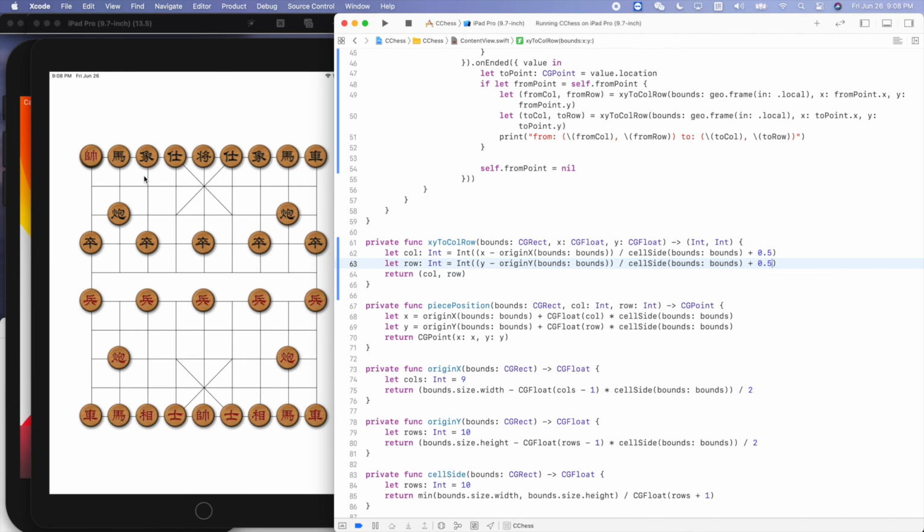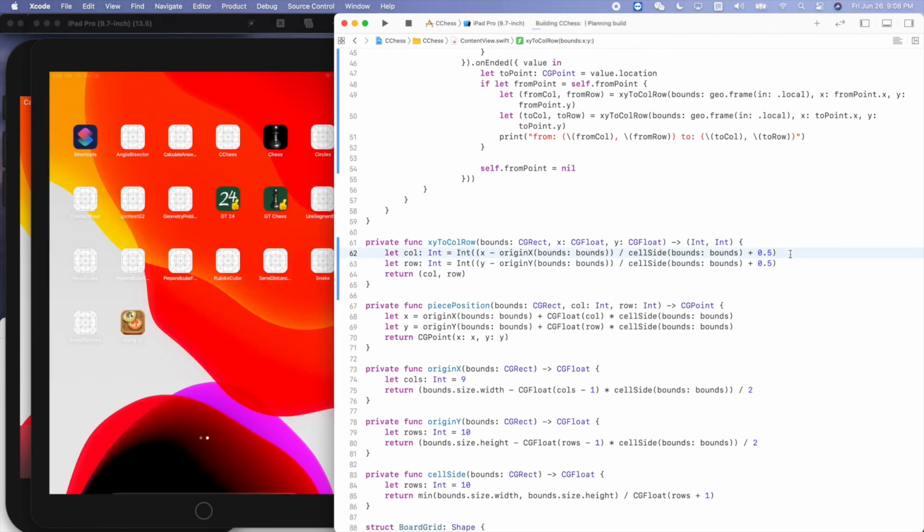That's exactly what we need, right? 2.2 to 2. And what if we touched here, closer to this column? For example, 1.4. 1.4 plus 0.5 is 1.9. When 1.9 is converted to int, it becomes 1 instead of 2. That's what we need, right? If we touch here at 1.4, it becomes 1. Okay, let's test it now. Run it